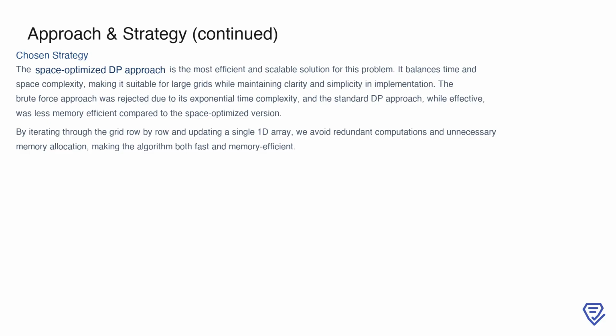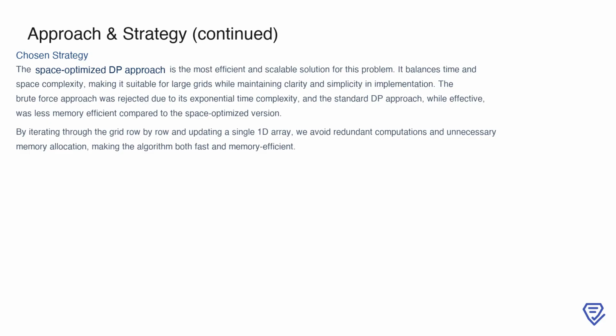By iterating over the grid row by row and using a single 1D array to store intermediate results, we eliminate the need for a full 2D table. This not only reduces memory usage but also simplifies the implementation. Overall, this strategy ensures the algorithm remains fast and memory conscious, making it suitable for handling large grids without sacrificing